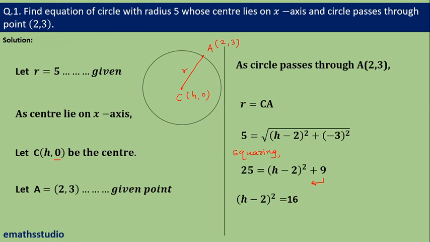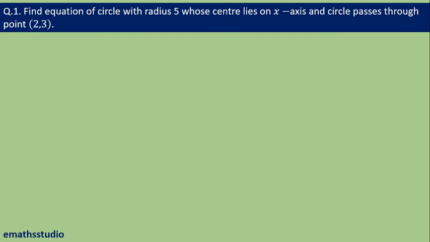Further, you can write this as h minus 2 is plus minus 4. As (h minus 2) the whole square was 16, I just got h minus 2 as plus minus 4. Now in the next step, one can write h is equal to 6 or h is equal to minus 2. If you want, in between, I have considered h is equal to 4 plus 2 or h is equal to minus 4 plus 2. This minus 2 going to the other side will obviously be plus 2, and on the right hand side you have plus 4 or minus 4. So we got two values of h.